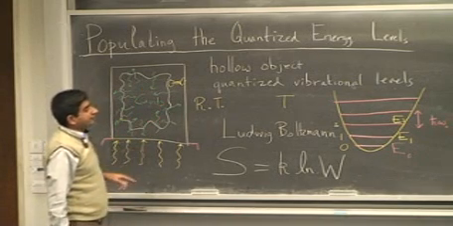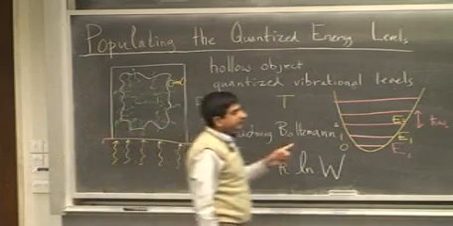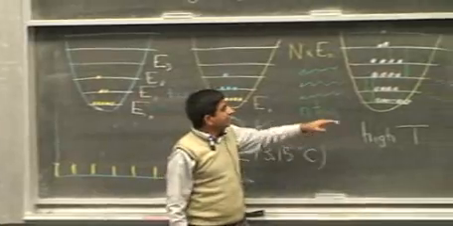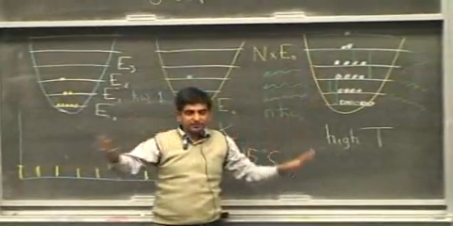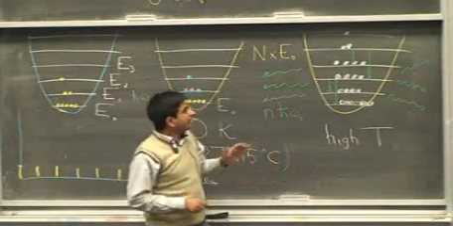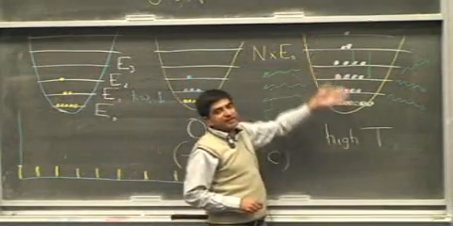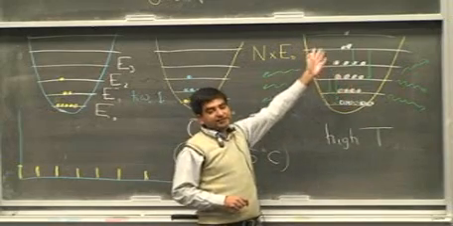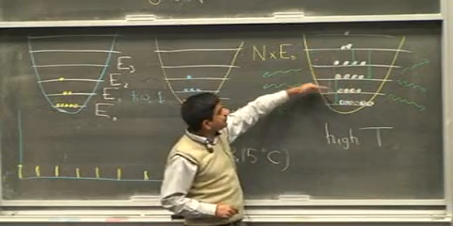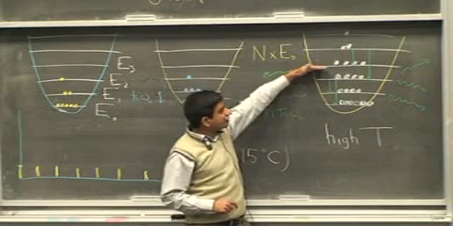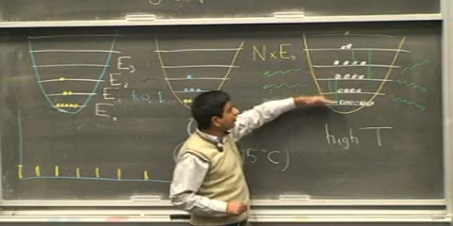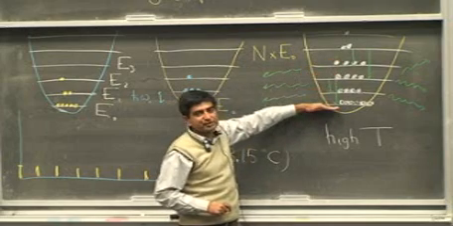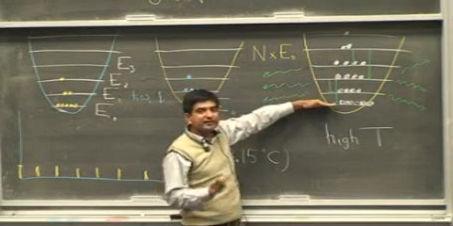So what's happening is, let me repeat this argument and listen very carefully because it's a subtle argument. Now there's a population distribution dictated by the Boltzmann law, by the Boltzmann principle. And that's a tapering off of populations as you go to higher levels, and the tapering off is exponential. Now since some of the excited levels are populated, electrons would like to come down to the ground state. Like a waterfall, everything should eventually come to the ground state, which means only the ground state would like to